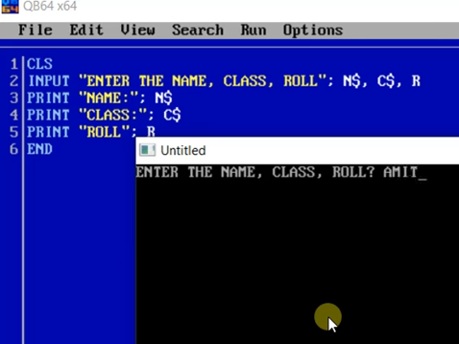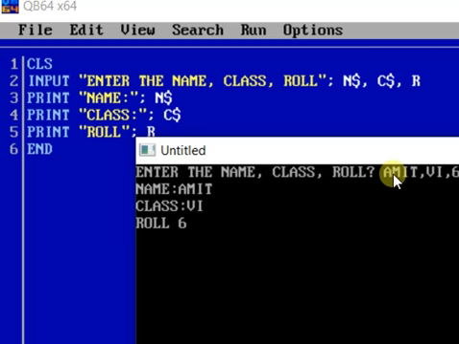Now again, if I type them separated by commas, as I have given it in proper order, name, comma, class, comma, roll, here also the values I have given properly as per the order, proper sequence.